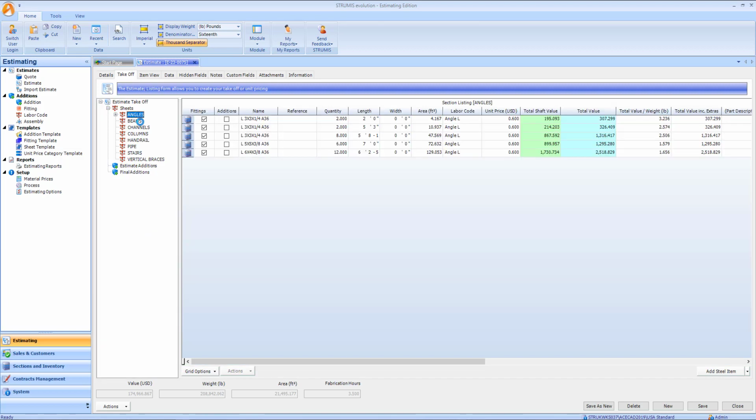So here is the estimate built out to begin with. What I'm going to do is go to the takeoff level, and you can see here the sheets that I've added. You can see that the steel has been added as well. And of course, you can see the tick box for fittings too. We can see that the labor codes are being brought through as well against each of the individual items that